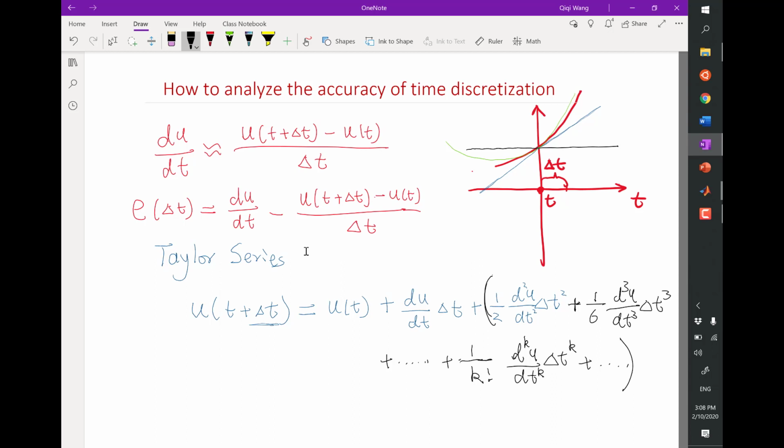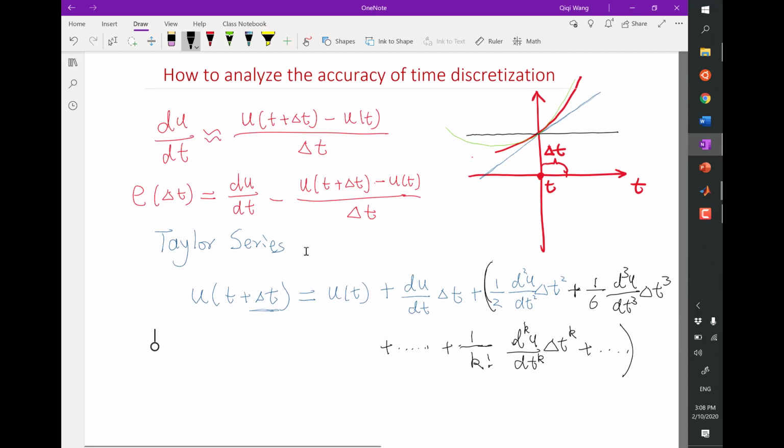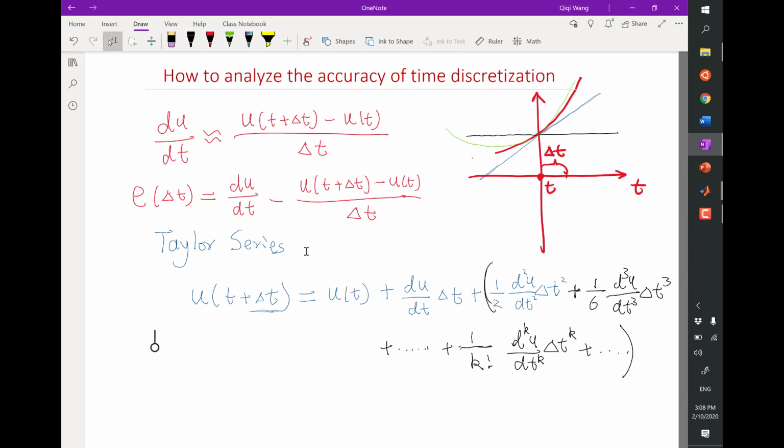So in Taylor series analysis, if you are smart, you are not going to be carrying out all the terms. You are only going to be carrying out just enough terms such that you only get one term that is not cancelled. Okay, if you cancel everything, you get 0 error, right? Which means you didn't get the error, right? But if you have one term that ended up not cancelled, that is going to give you how much the error is when delta t is very small. Okay, I'm going to